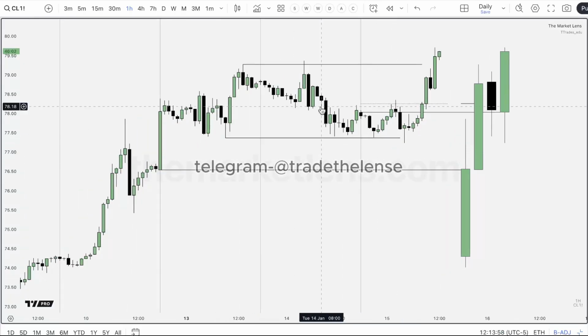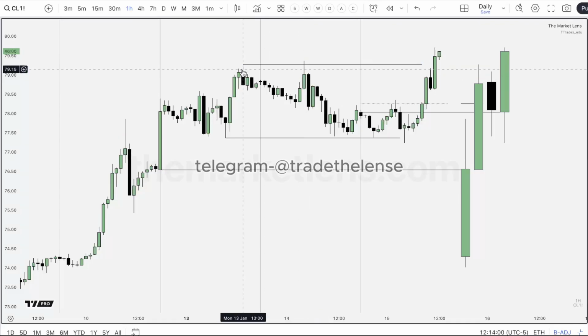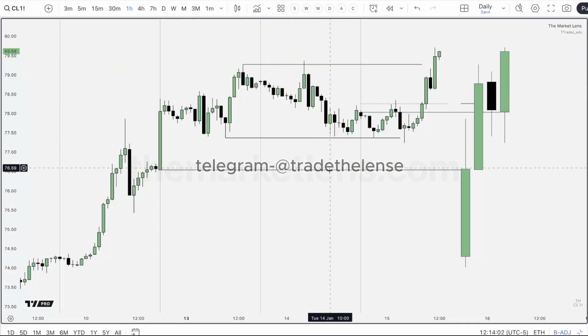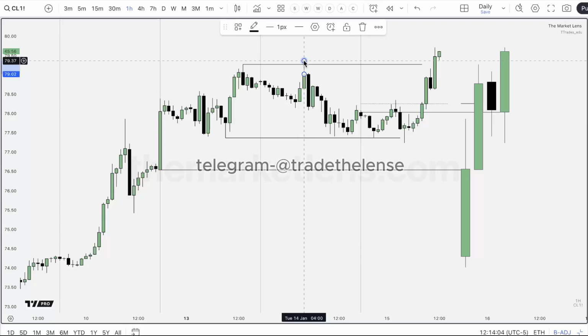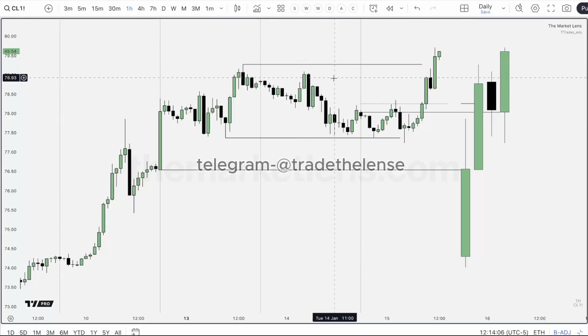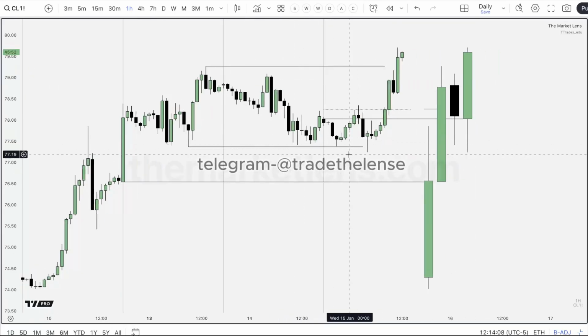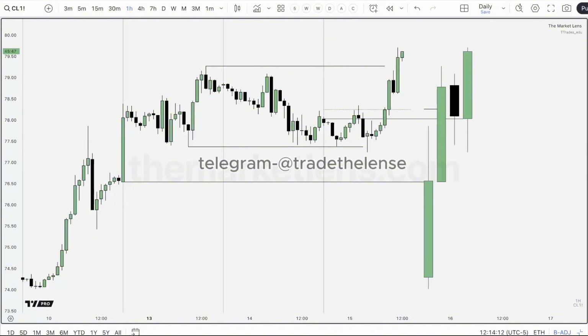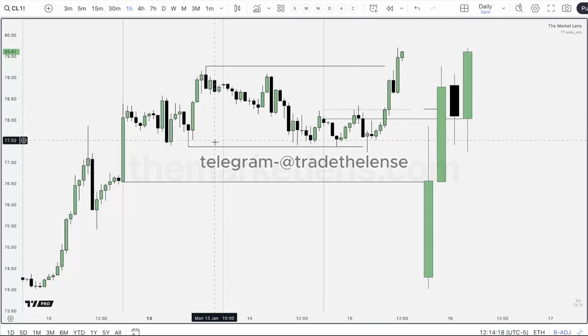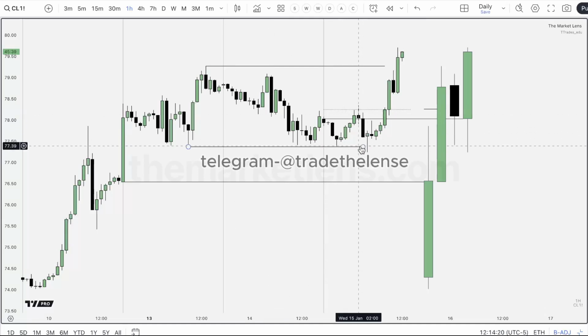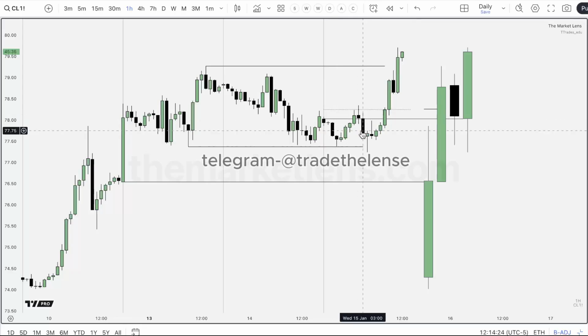If this would have taken out this high, then my bias changes, right? Because now we take a look, we've formed a reversal off this previous day high, looking for it to trade lower. But we don't do that. We create a failure swing and we sweep out the low in this consolidation, right? So with oil, there wasn't really much there on the daily chart. It's just more so intraday and then the phases of price delivery, if you wanted to frame that. And all that is due to is because of the shallow wick on this side taking out the consolidation.